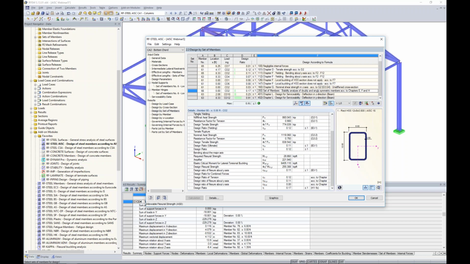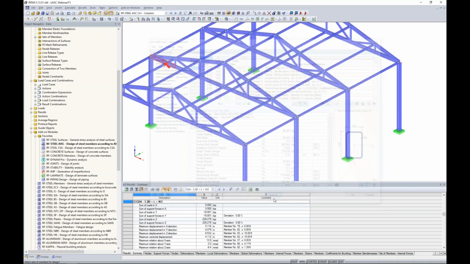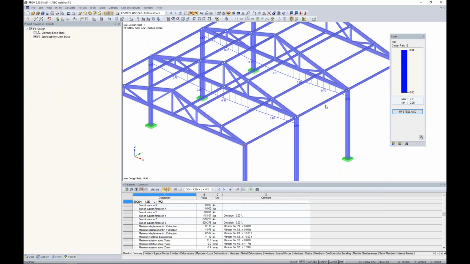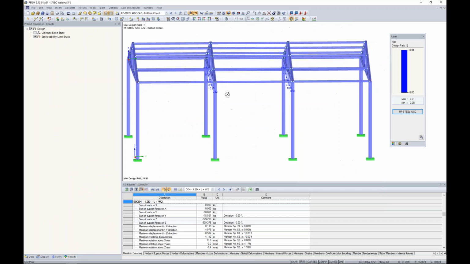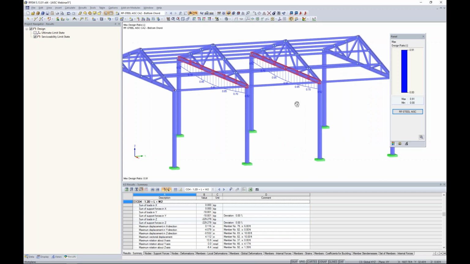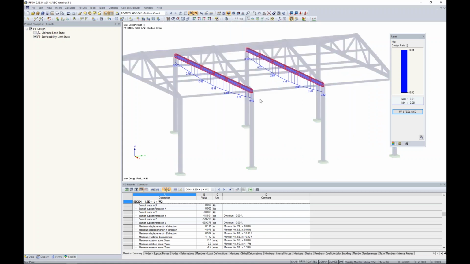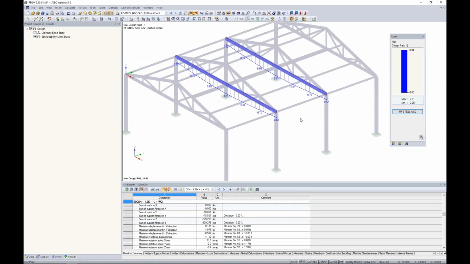Okay, so we can take a look here at the various code checks in our table. I think we see members versus sets of members, we do get the same code check. What we can also do, though, is view the information graphically. I think this is a little bit easier to compare to make sure that we are getting the same results. So what I'm going to do is highlight those bottom chords by holding down my control key. Maybe I create up here in my tools a visibility by selected objects, so now we can clearly lay this